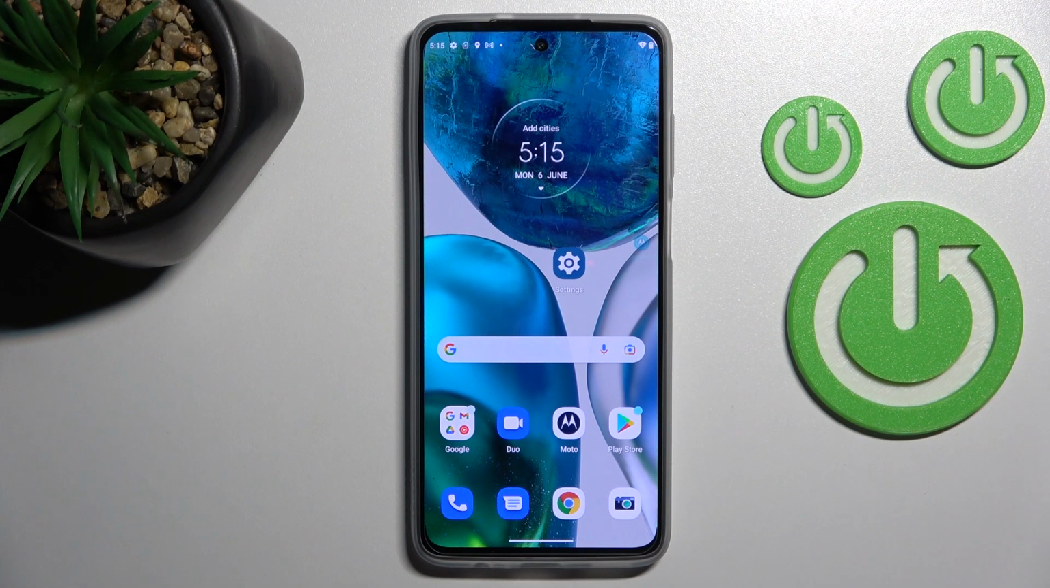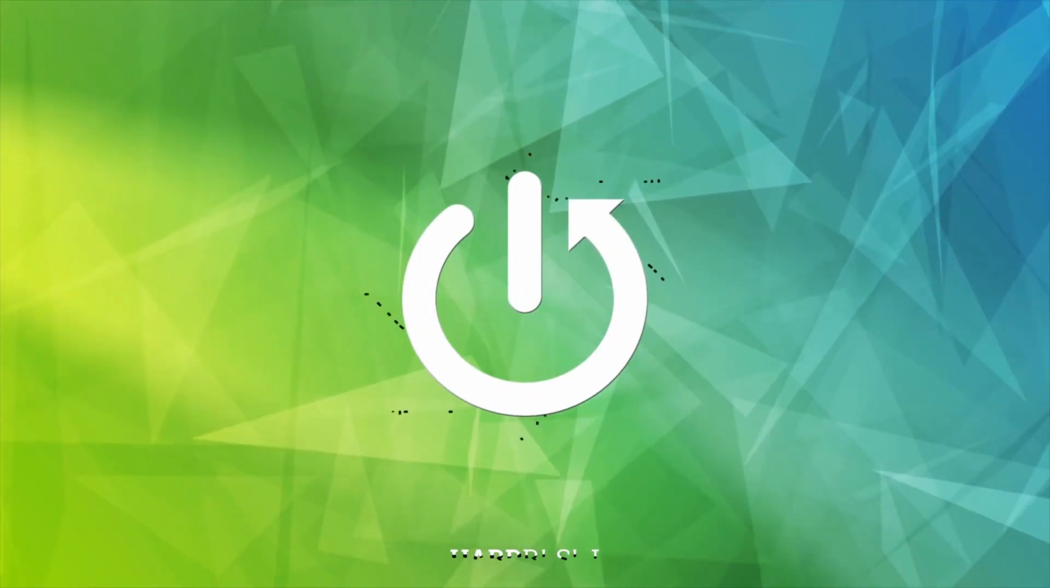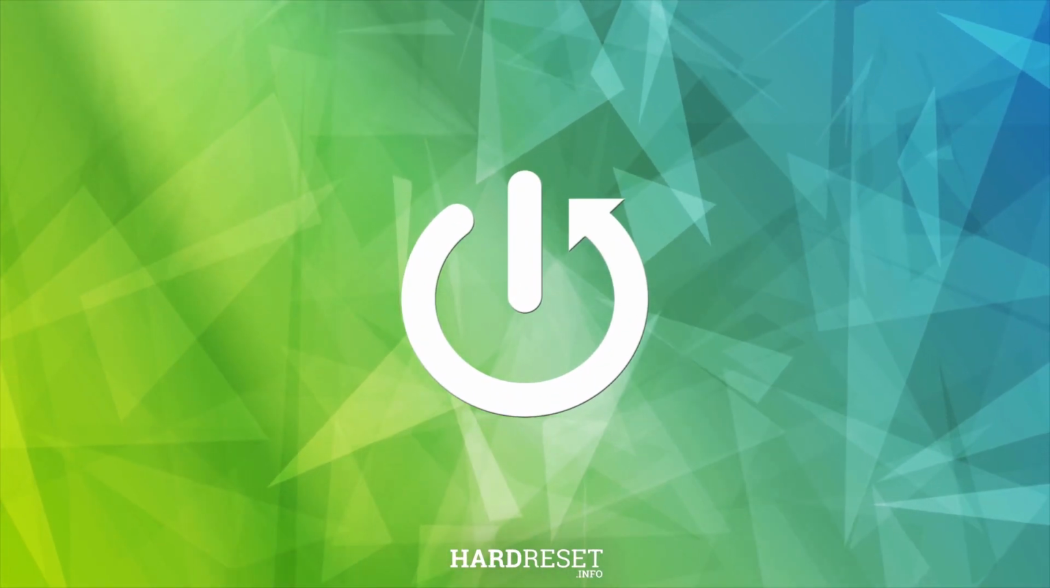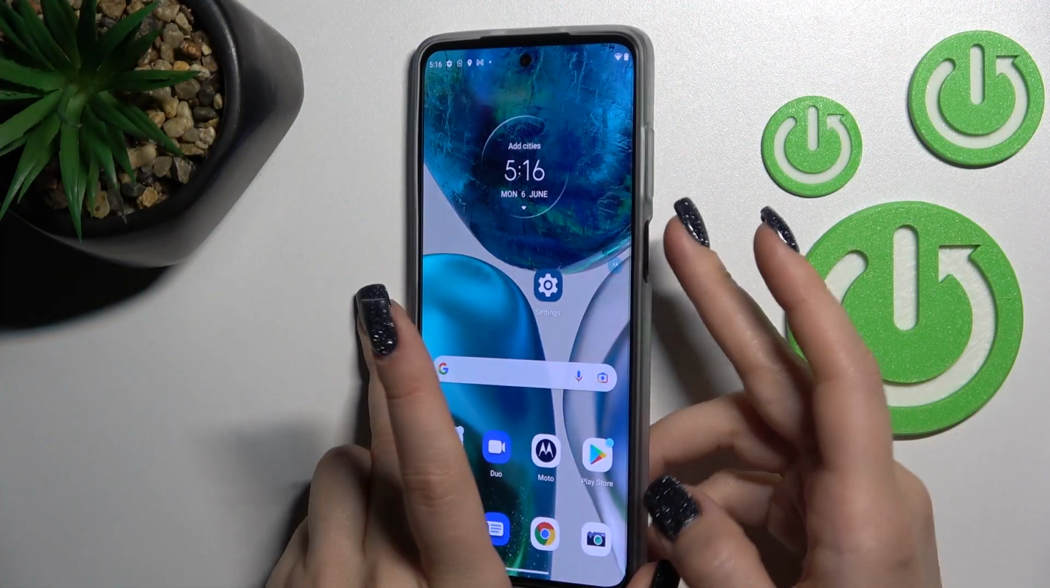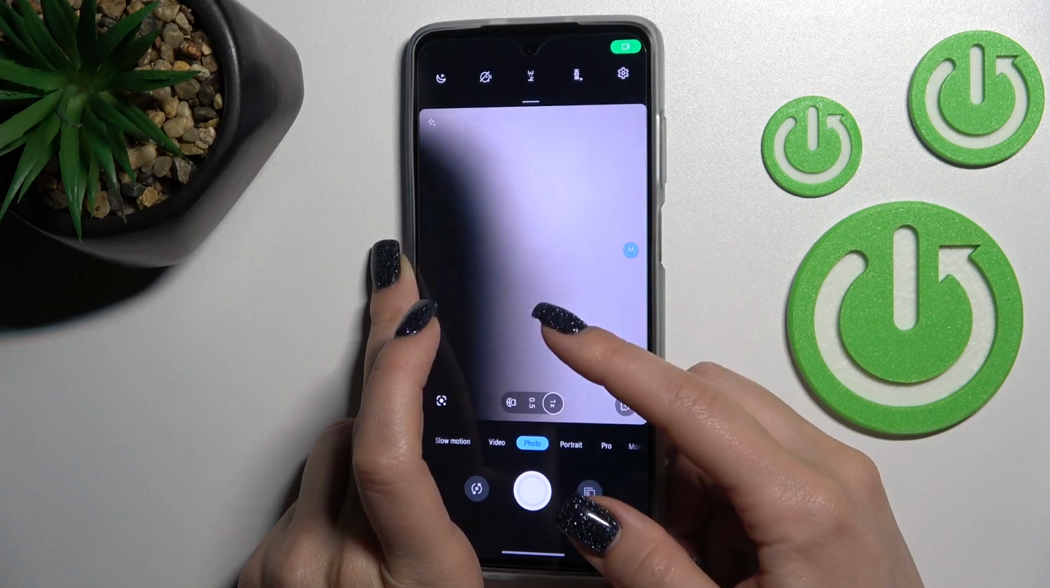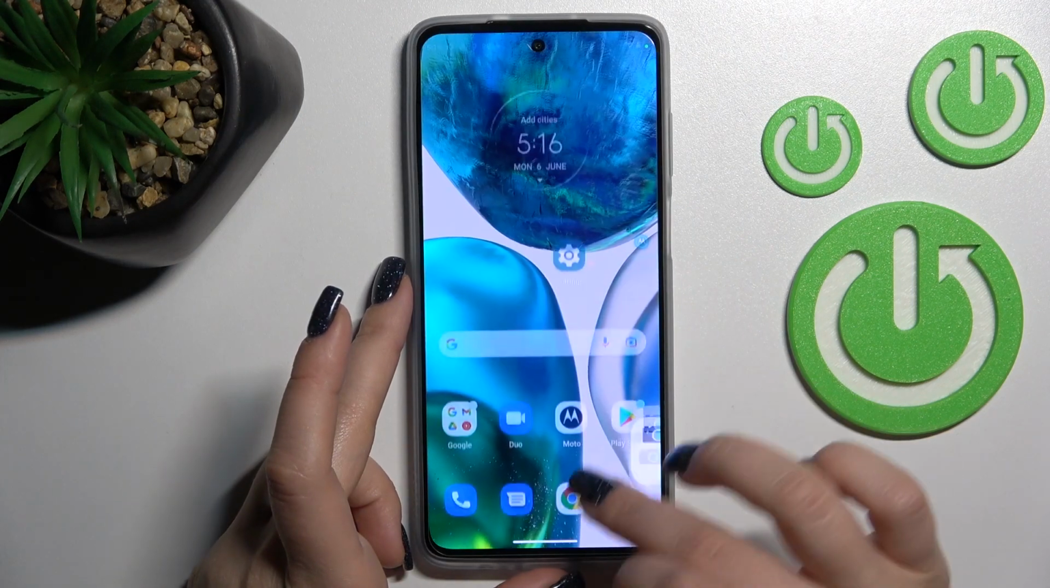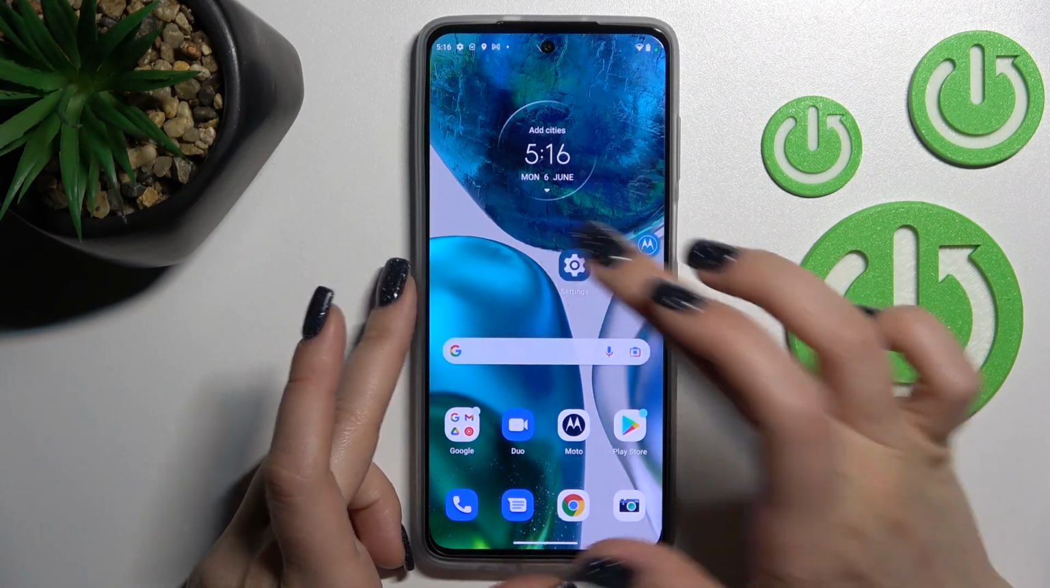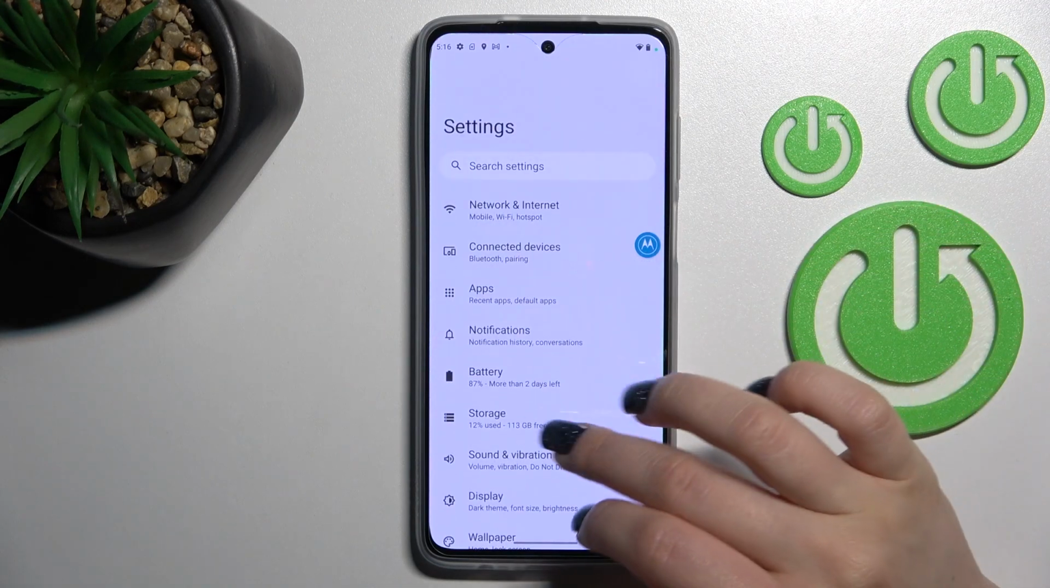Welcome to in front of me Motorola Moto G52, and I'll show you how to customize quick launch on this device. So now by double pressing the power key button here on the right side of your phone, we can launch the camera app. If you want to just switch the switcher, for example, to use the Google Assistant, we should open